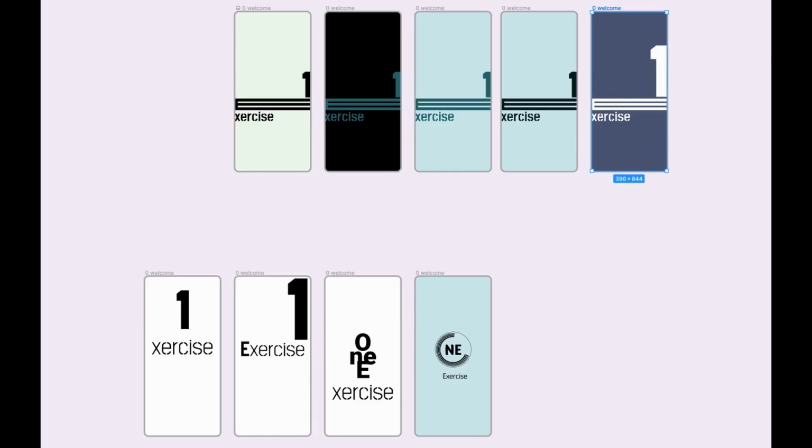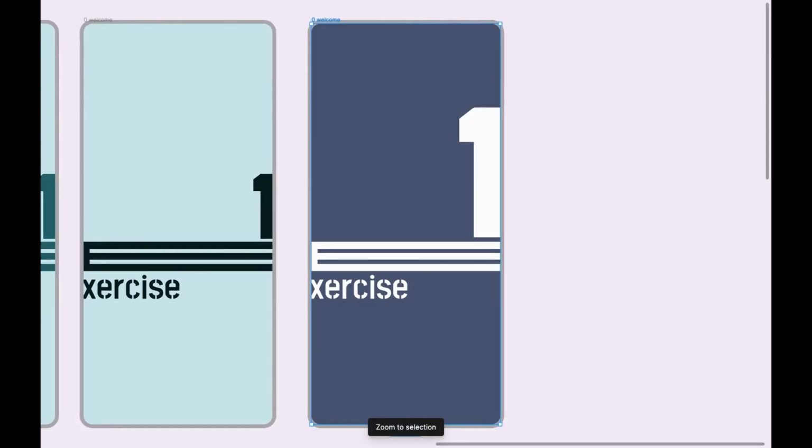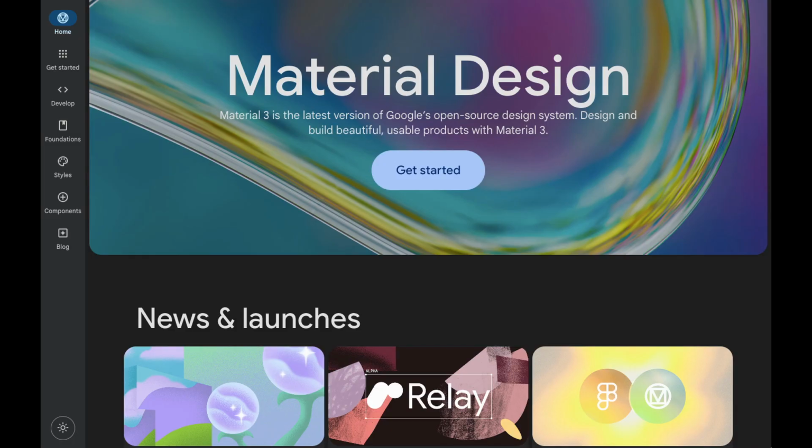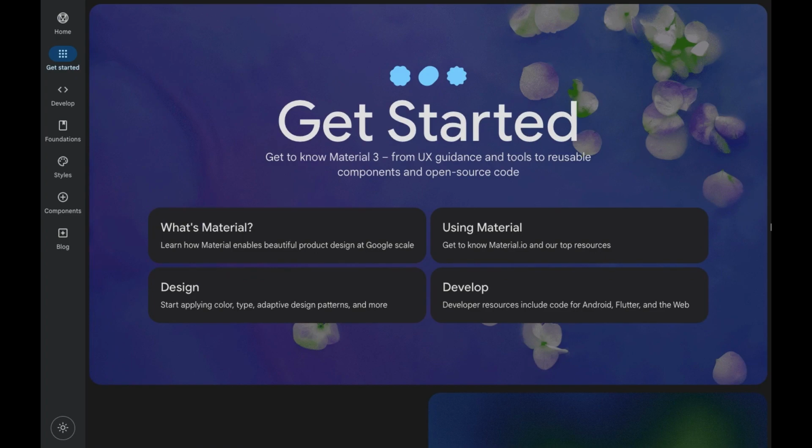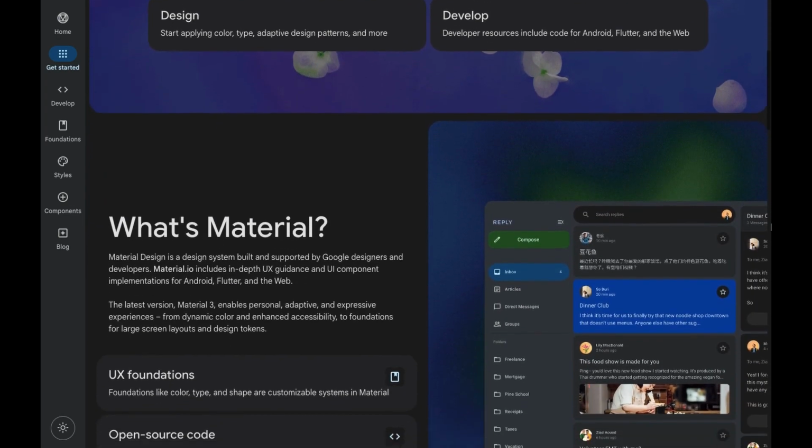I'm finally getting to it. I'm building my very first app. To design it, I decided to use Material Design 3. If you don't know what Material Design 3 is, it is Google's open source design system. Material 3 is the latest version of it, and the website